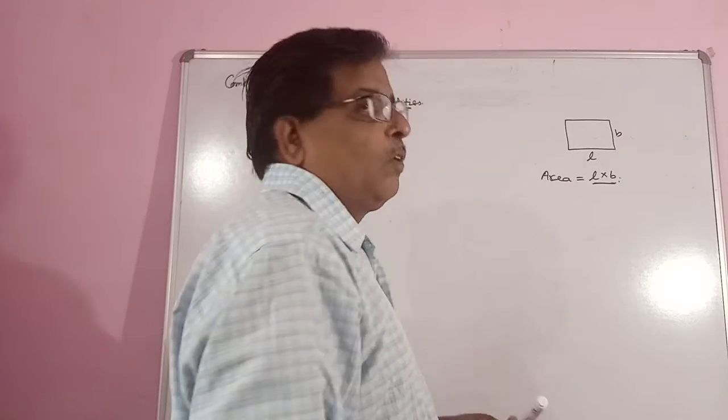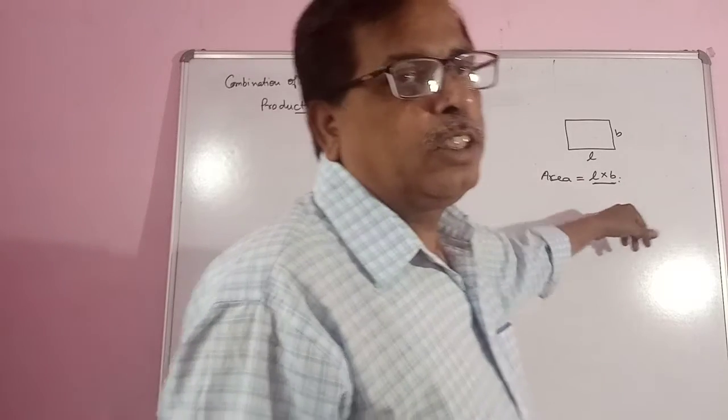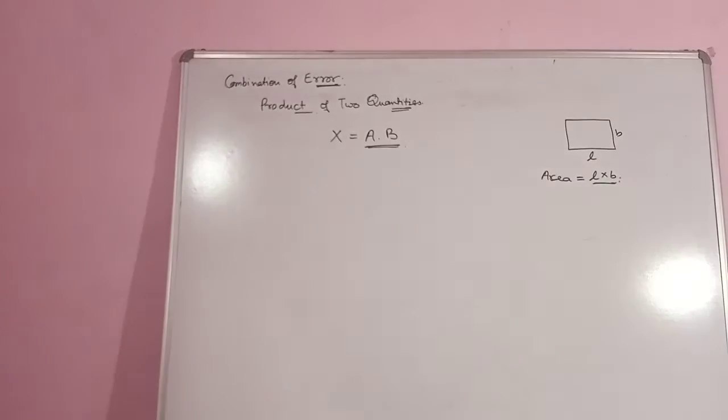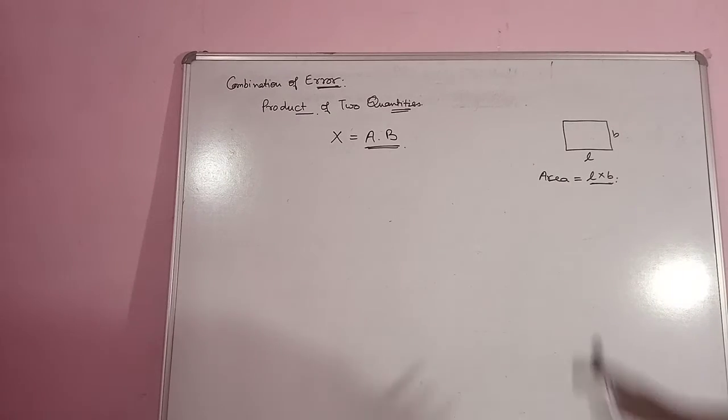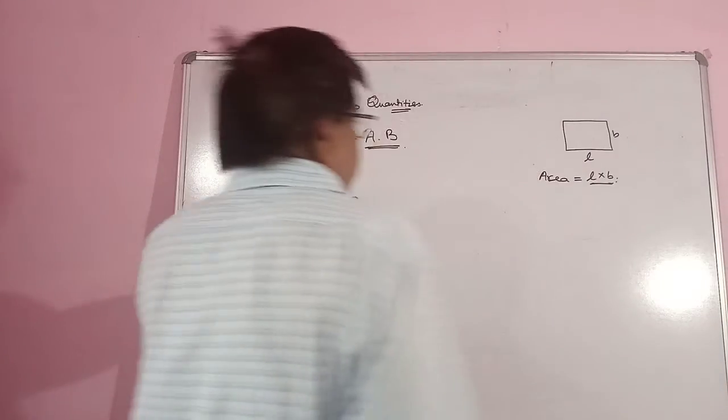what is the formula of area? This is L cross B. Okay. This is L cross B. So,